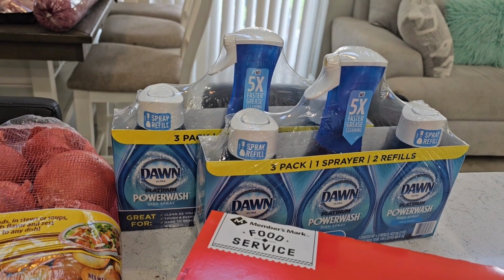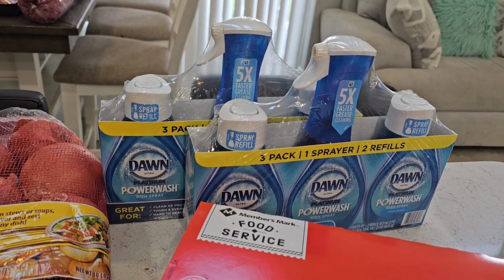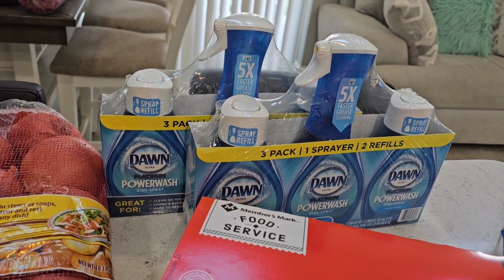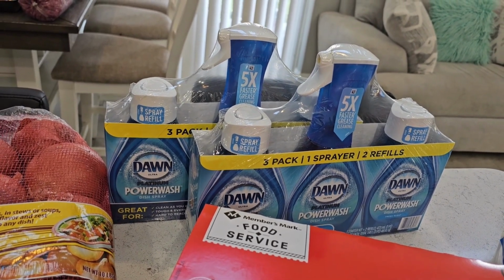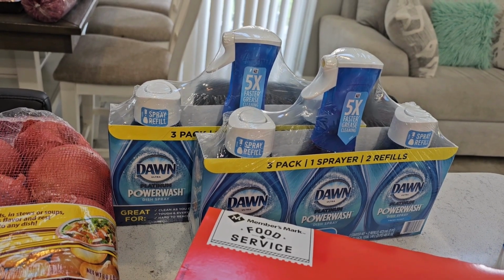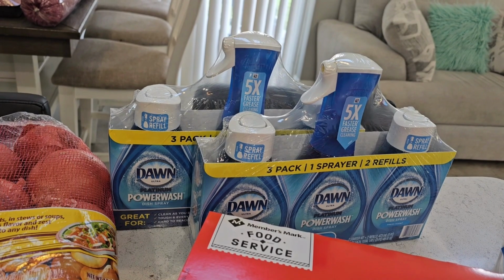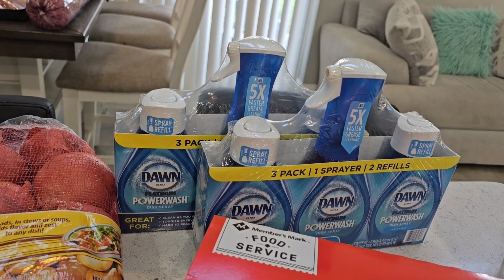If you haven't used this yet, y'all, you have to try it. This stuff is amazing. It cleans very well. It's really good for our glass top stove, your cabinets, your dishes, and the inside of your stove. Pretty much everything. This stuff is amazing, and we try and keep some in the house at all times, as